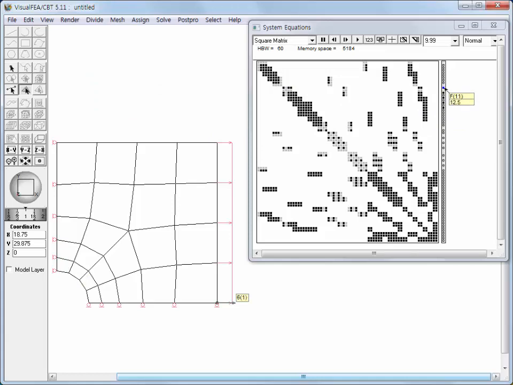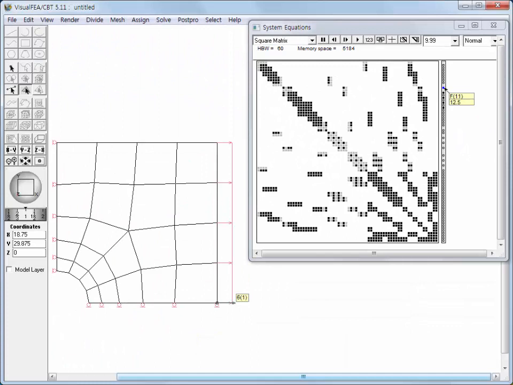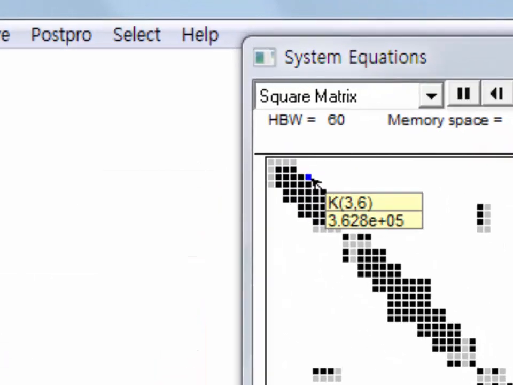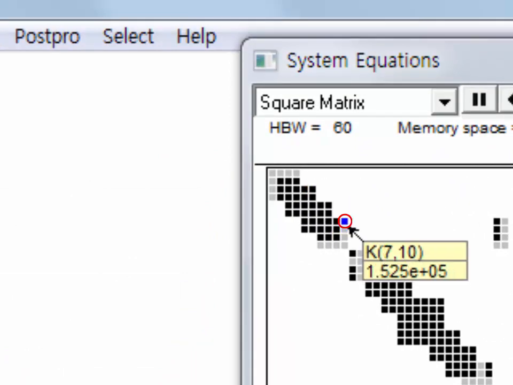Placing the cursor on a square representing an entry of the force vector highlights the square in blue color, and a yellow tick box shows the information about the entry. That is, the index number, I, and the numerical value of the force vector, Fi. At the same time, an arrow is drawn on the image of the model, indicating the corresponding component of the equivalent nodal force. The squares are drawn in 4 different types: filled black square, filled gray square,